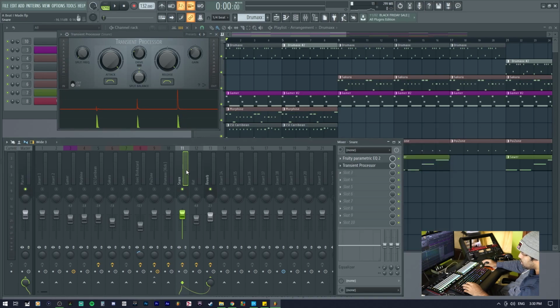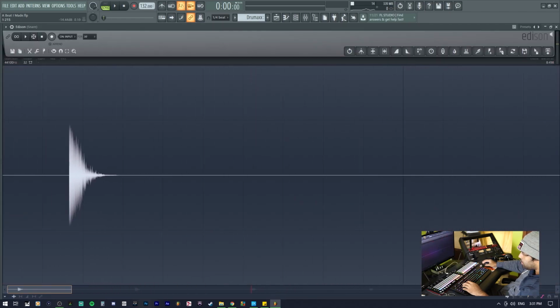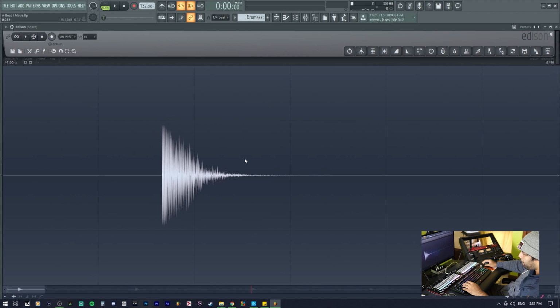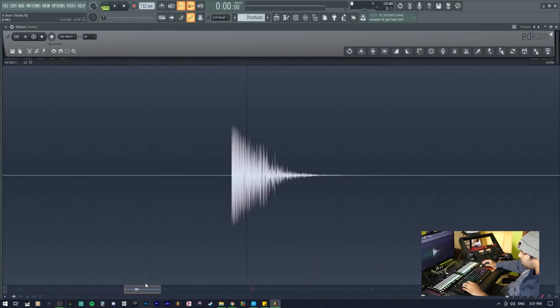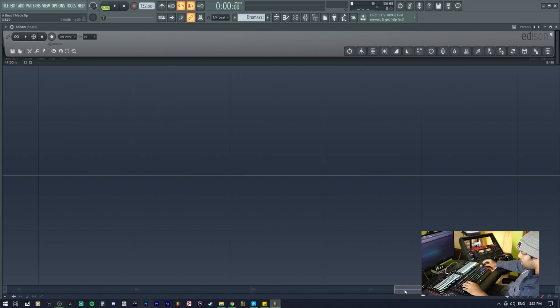How else am I going to show you this? I'm going to go to Edison, so you can visually see what's going on. Here's a transient high, and then if we go around to the next one, you can see the difference in the wave sound. Here we go lower, so we're actually dropping this. You can see right there a little bit better. The curve is not so strong. And over here where we made the transient lower, it's like a fade because we lowered the transient. So instead of that pop up there, we're getting a dip and then we bring it in.